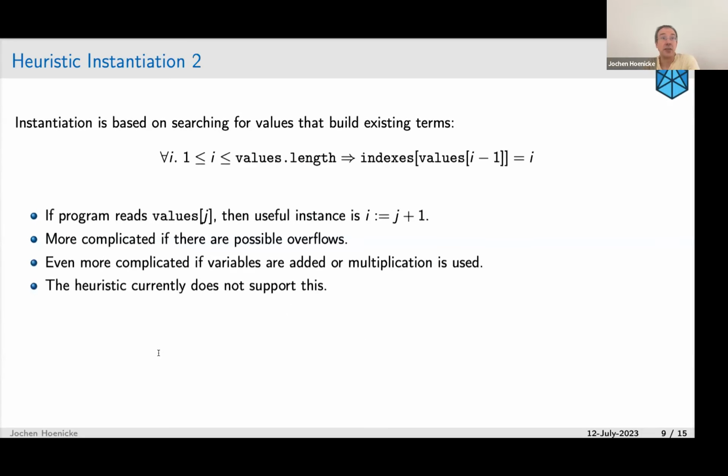The other thing is that the instantiation heuristic is based on searching values that build existing terms. And what this means is, assume we have this quantifier, then we want to instantiate it in such a way